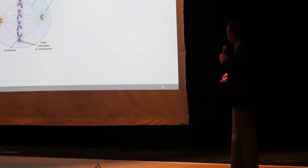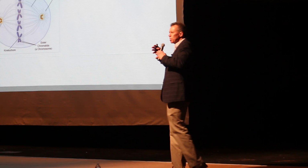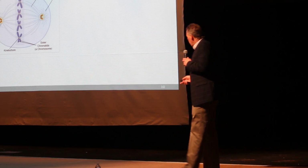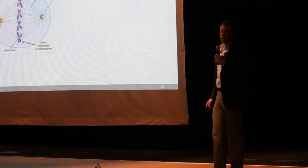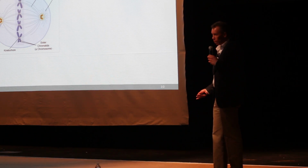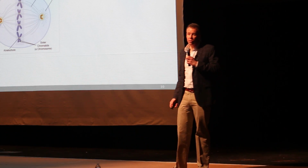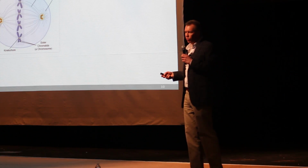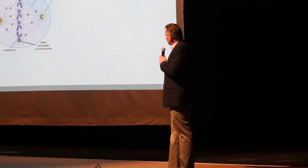But before that happens, you have these things coming out of the centrioles that bind to the chromatids and pull them apart, because we want the same amount of genetic information on each end so that the two daughter cells will be the same. These extensions are proteins. It's a protein polymer called microtubules. Well, we know from natural sources, from bacteria, from certain plants, that there are compounds called microtubule inhibitors, or we'll just call it MT. What if we could deliver that